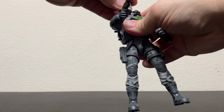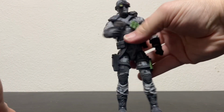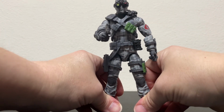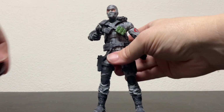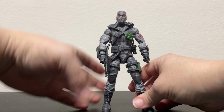And we'll put his goggles on, which he can see very well right now. Actually, he'd be blinded because it's kind of bright in this room. And they fit on his head really great, so that's cool. All right,